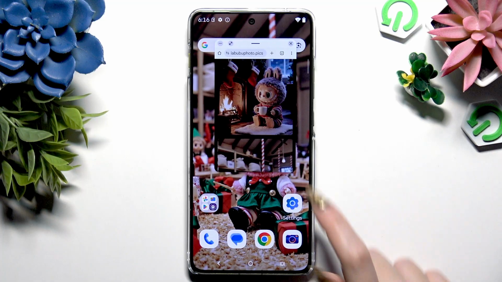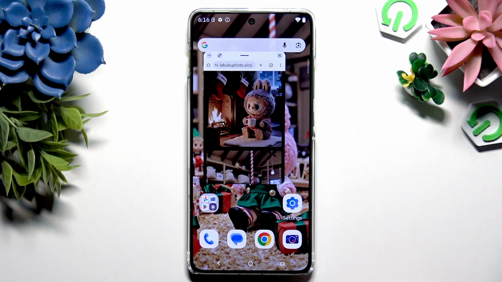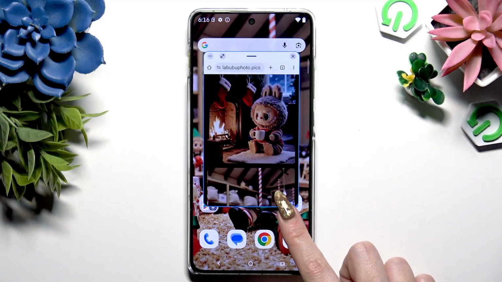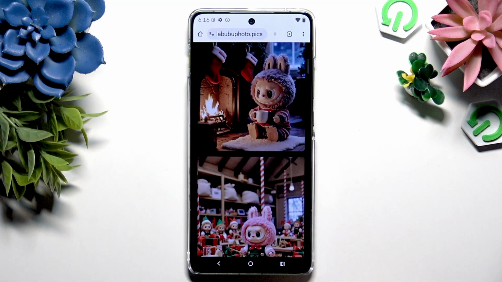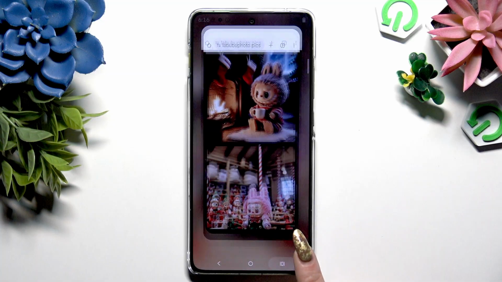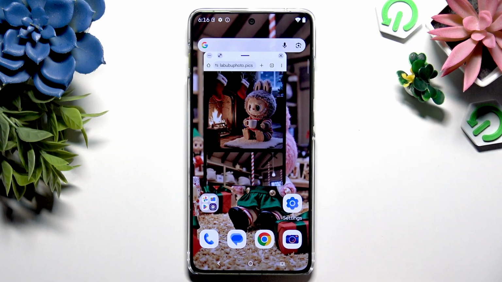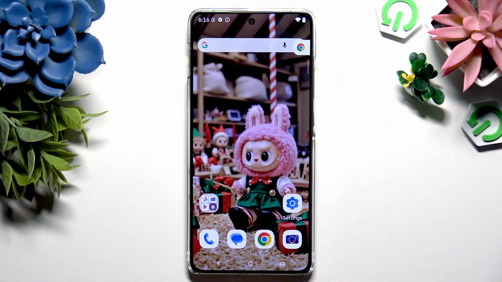To move it around, hold this line at the top and drag it. To scale it, hold one of its bottom corners and drag it as well. If you drag it too far though, your app will go back to standard size. Just something to remember. To minimize it, use this button at the top left corner and then open it by